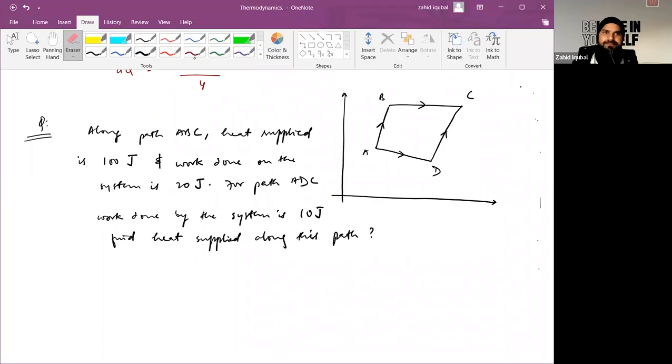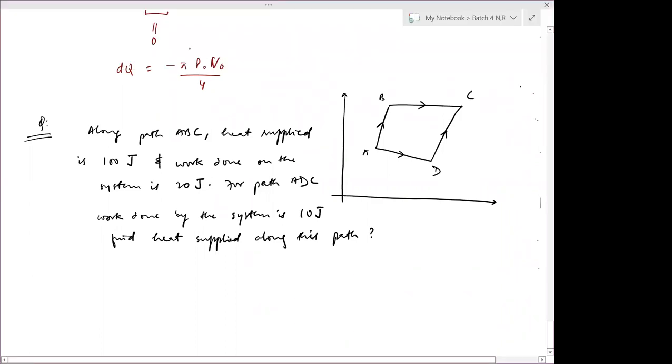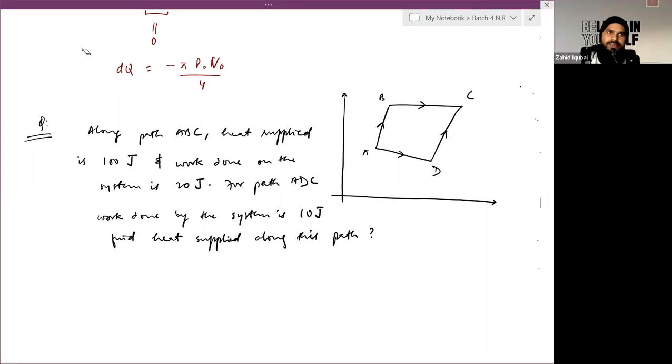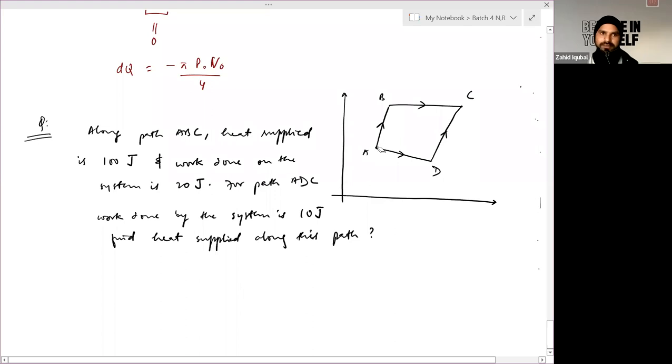So calculate the change in internal energy for both these processes and equate them to find the required value. Okay, Krishna? Could you explain that again, sir? In the first part, gas is going along this way, A to B and then to C. For the second part, it is going along this way, A to D and then to C. So both processes have the same initial point and the same final point. So internal energy for both parts will be the same. Is it clear? Yes, sir.